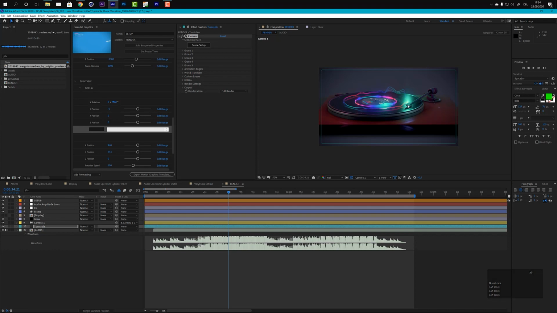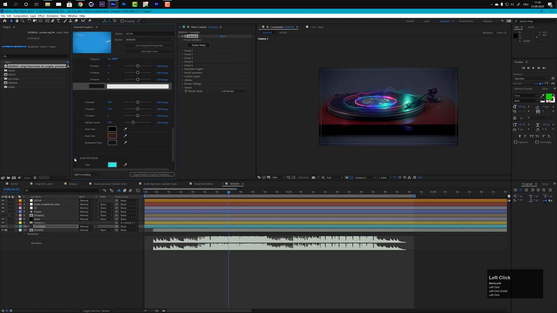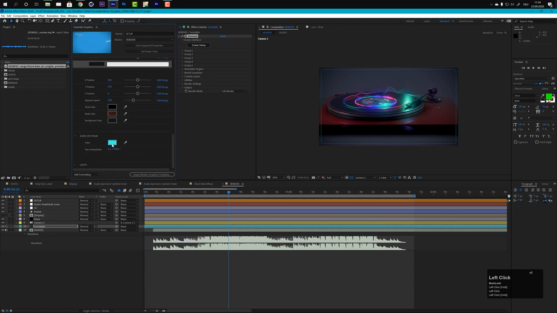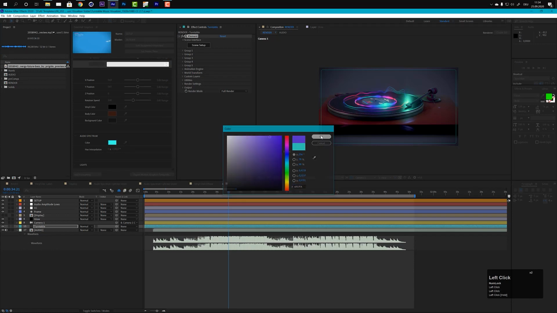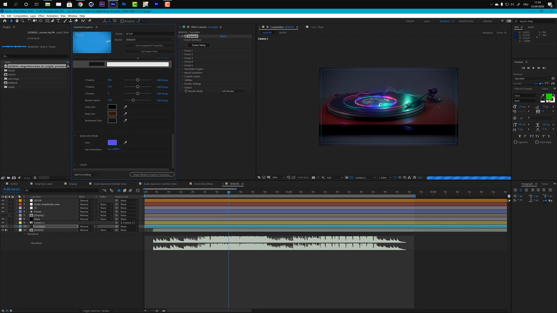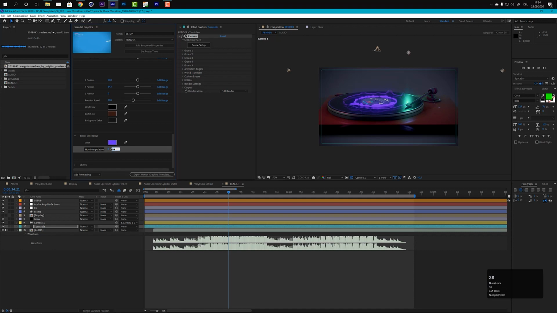Okay, so the next step now is to stylize our audio spectrum a little bit, and here you have two controls. It's pretty simple. You can change the input color and you can change the hue interpolation. You see now if I change the input color, the color overall will change depending on these values here. If you set this to 0, then everything will take over the input color. If you set this to 360, we will have full rotation and kind of a rainbow spectrum, which also looks